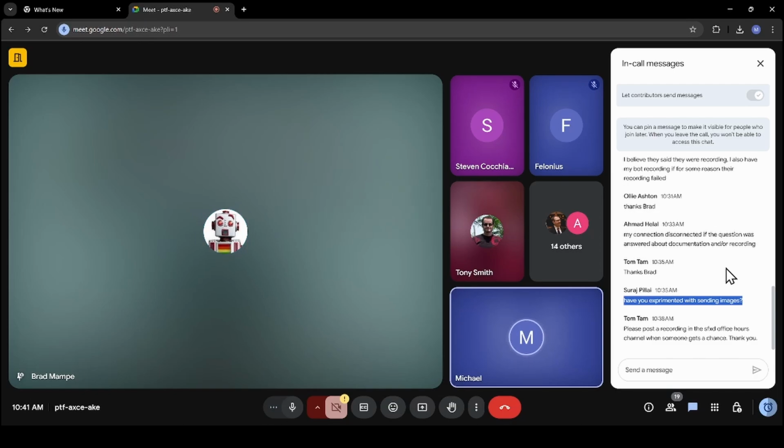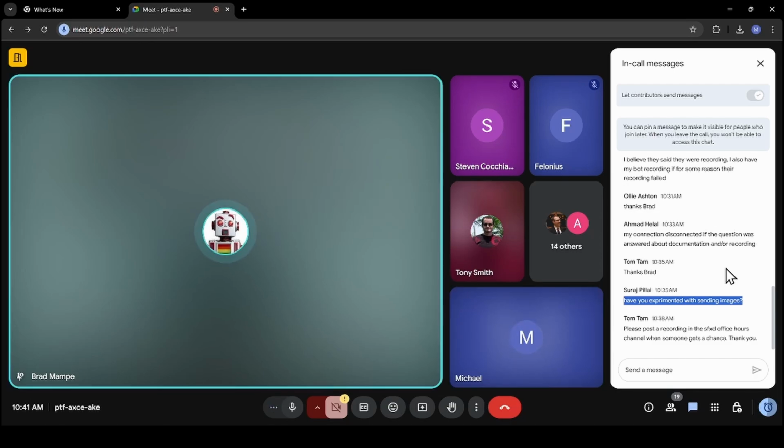Ooh, I have not, and that sounds like a very interesting use case. I cannot speak to the requirements needed to send images via the API, like if there are any kinds of file manipulation or specific formats it's looking for. That sounds fun. It might be a next step.